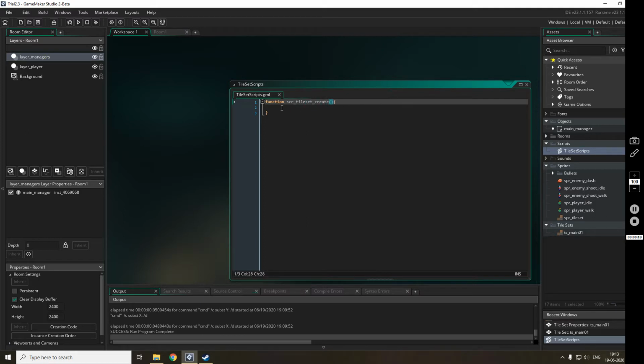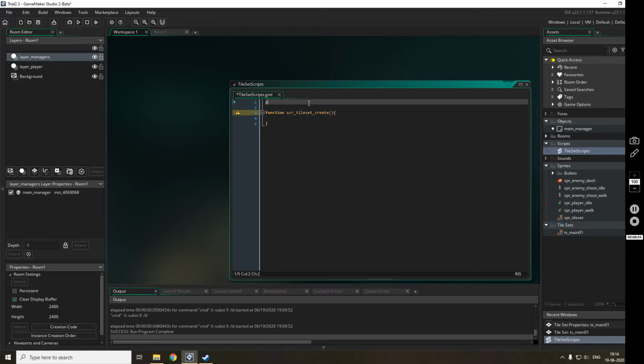Okay, tile set create. One more thing that has changed in Game Maker Studio is that whatever you place in the body of a script will be initialized by default. You don't have to call that script to initialize it. I am talking about this GML file, the script, not these functions. These functions you have to call, but the computer will parse them, recognize that there is a function, and identify all the functions.